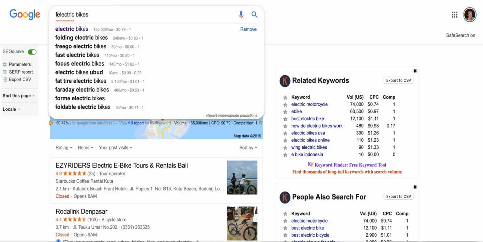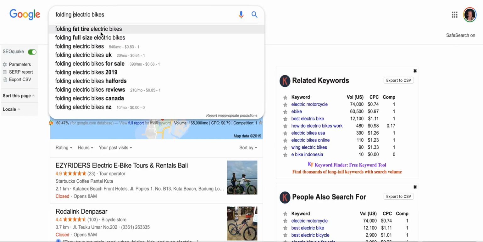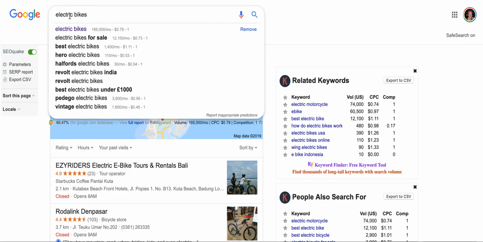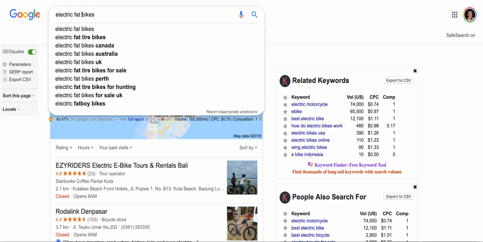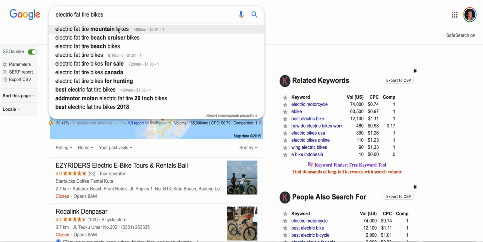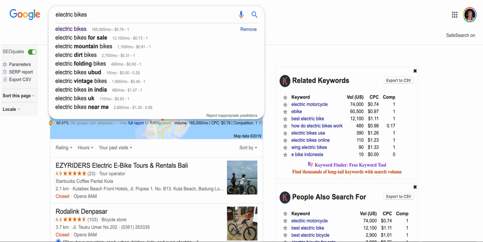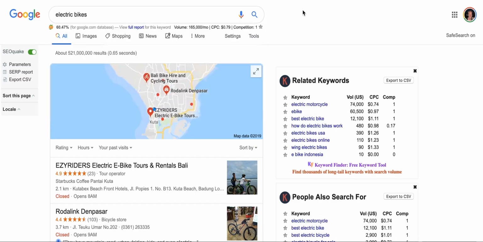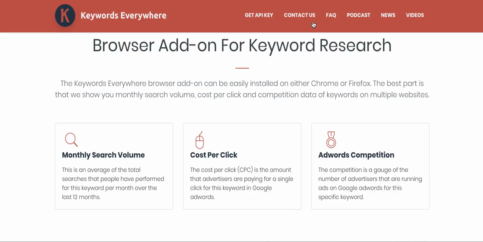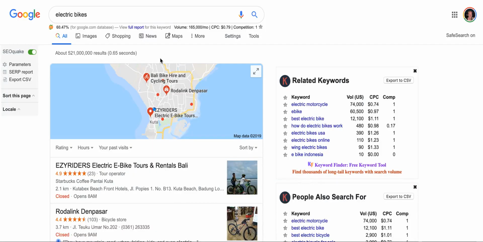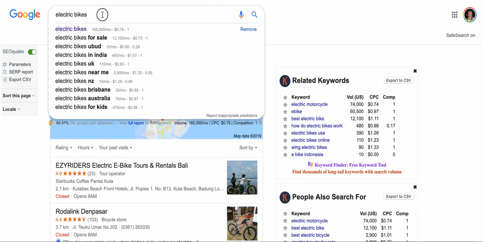So there's folding electric bikes, folding fat tire electric bikes, folding full-size electric bikes, 540 searches per month. There's also electric fat tire bikes. These are all sub keywords, right? So you'll have all these different sub keywords to look through if you wanted to get into that niche. So definitely download Keywords Everywhere. You can get an idea of all the different niches that you might be interested in searching for.